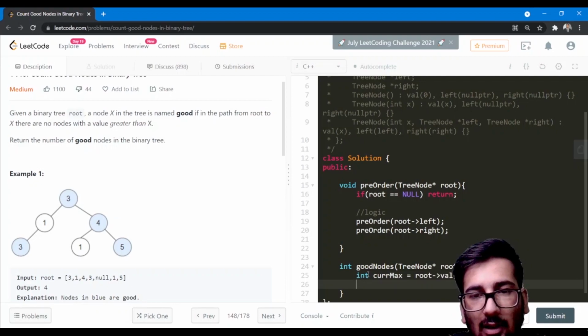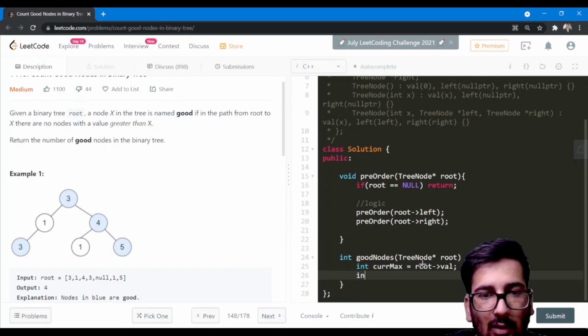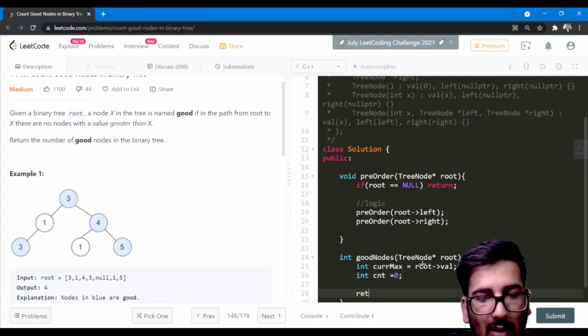Okay, so the root value can be the starting value for our current max, and then we also maintain the count which we have to return. Okay, so we have to return the count.